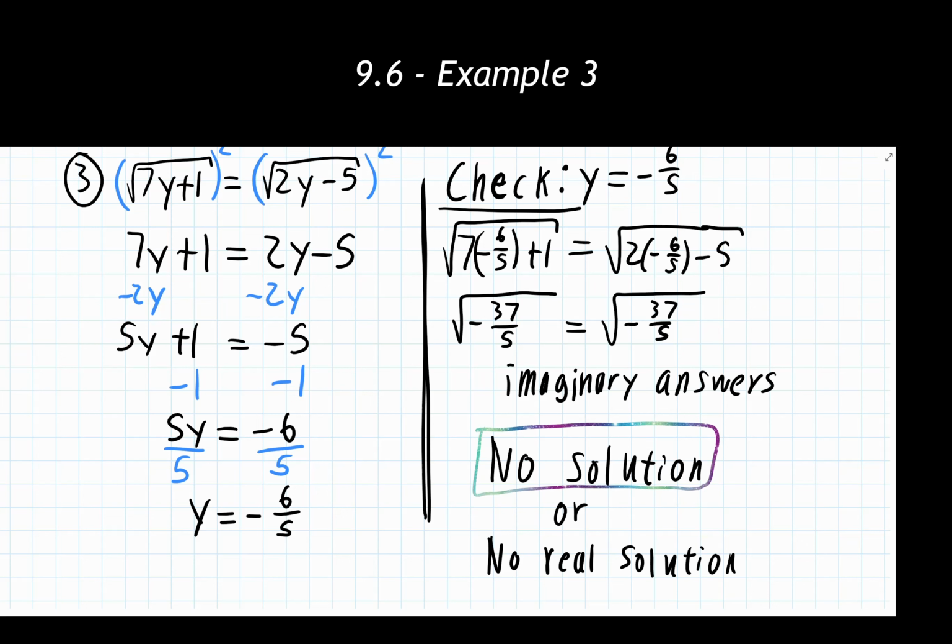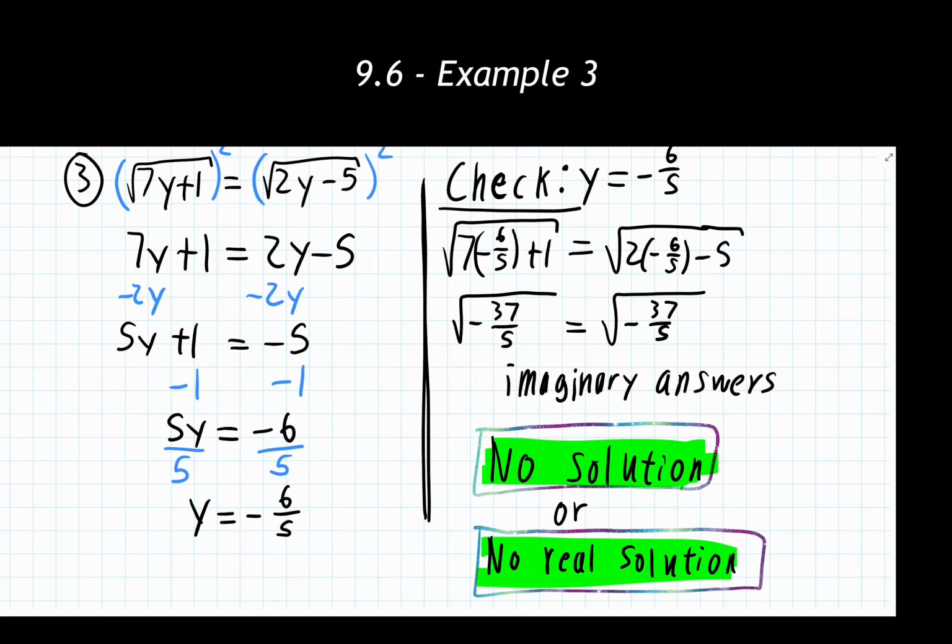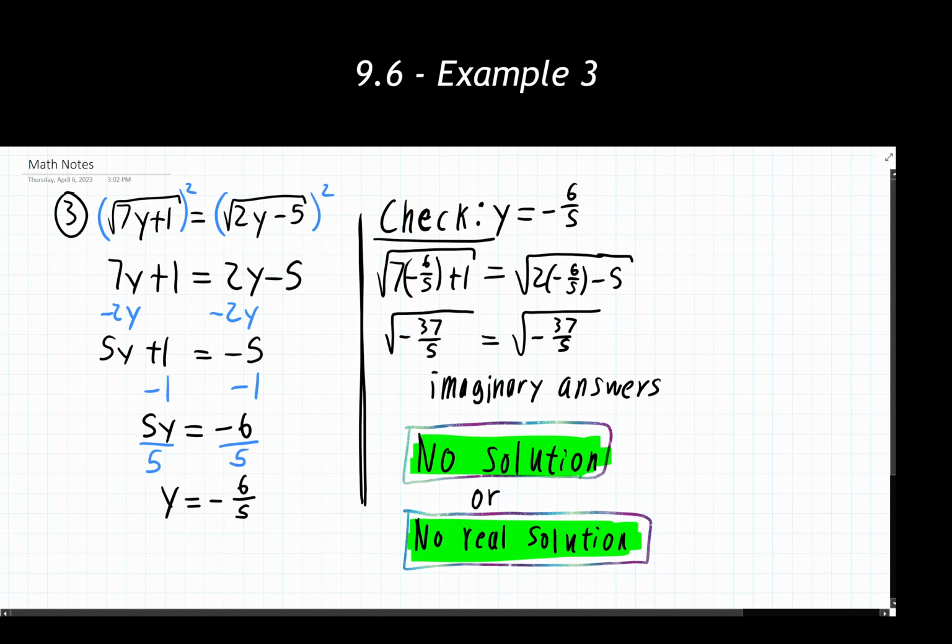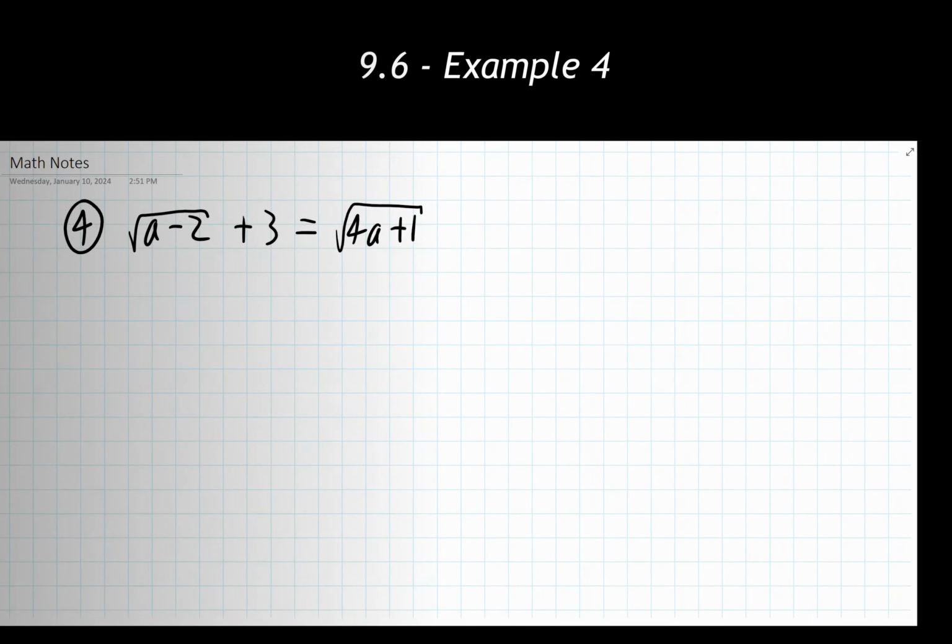should work just fine. If you're using an online program, make sure you're double checking if it says something to the effect of entering in NS for no solution, or maybe it has a special symbol that the software uses to put in that final answer here. Either one of these should work.